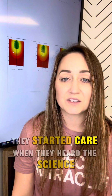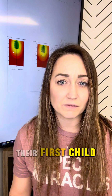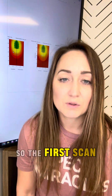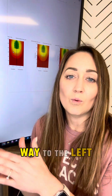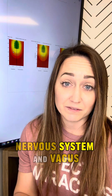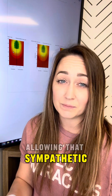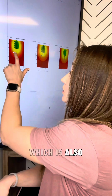Her and her husband started care when they heard the science behind what we do, because it took them a long time to conceive their first child, and now they were talking about getting ready to try for a second baby. So the first scan on the far left shows a small white box way to the left. And what that tells us is that her parasympathetic nervous system and vagus nerve are both suppressed and shut down, allowing that sympathetic fight or flight system to run excessively and out of control, which is also exhausting her